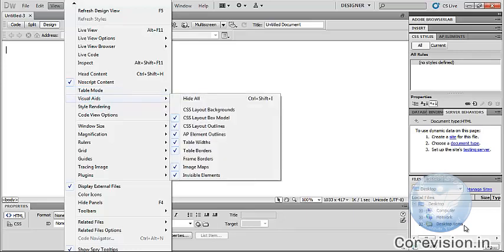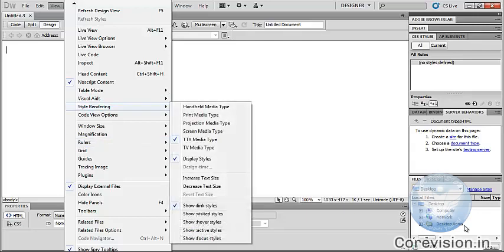Visual Aids has different options: Hide All, and its shortcut key is Ctrl plus Shift plus I. The tick mark means we are using it. CSS Layout Backgrounds, CSS Layout Box Model, CSS Layout Outlines, AP Elements Outlines, Table Widths, Table Borders, Frame Borders, Image Maps, Invisible Elements. Style Rendering has different options: Handheld Media Type, Print Media Type, Projection Media Type, Screen Media